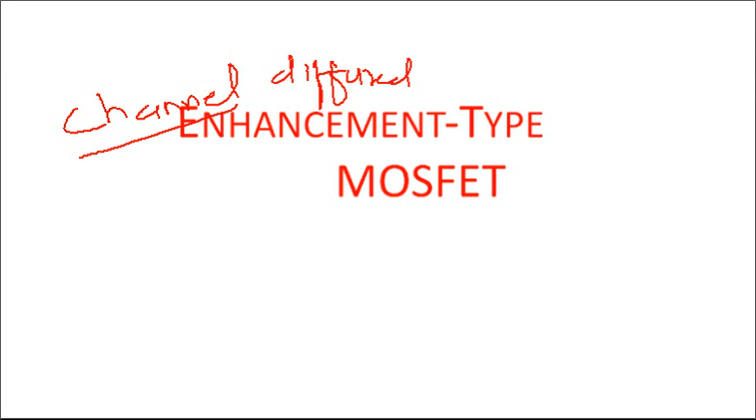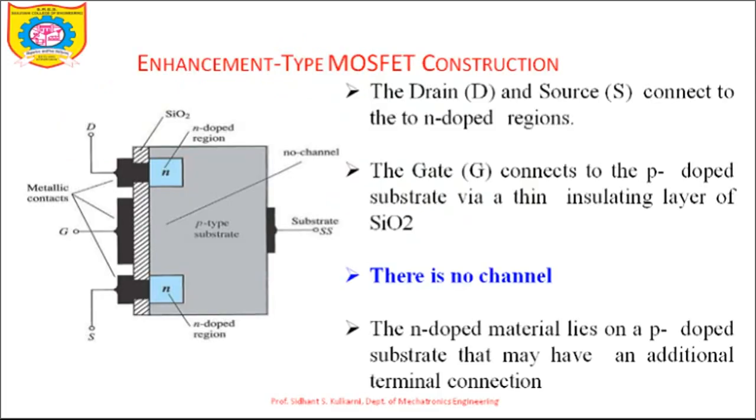the MOSFET takes place. Now, if you look at the construction of this enhancement type MOSFET, this is a P type substrate. Here the N type semiconductor layers are drawn, with a terminal drawn from the source and a terminal to take the drain. All these things are similar. If you observe this clearly, the only difference is that the channel is absent here, the channel is not present. Afterwards the channel gets diffused.